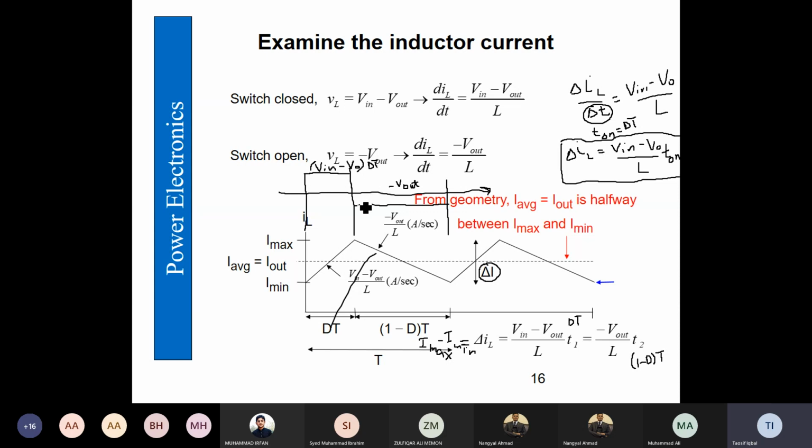And similarly, when we are discharging the inductor, then at that time we have negative V out